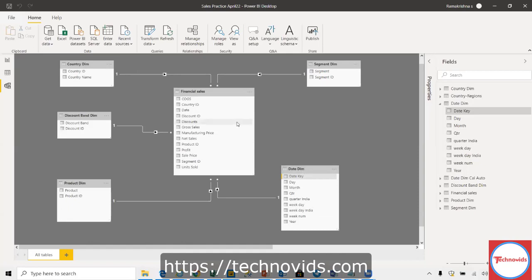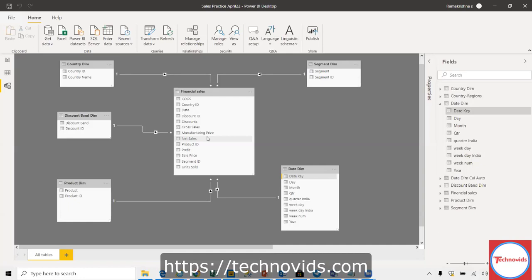The fact table also depends on the company. For sales, I have sometimes seen 100 plus columns. I'm talking about this table now, not these, the transaction tables. I've seen 100 plus columns, but not all the columns will be in use by a single person. We have to cater to people in different business units, so there will be additional information, calculated columns, and all those things.